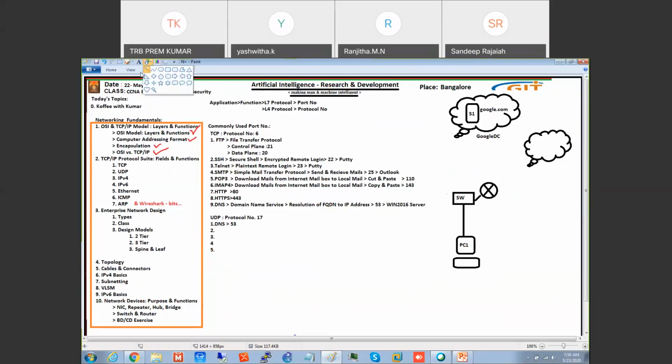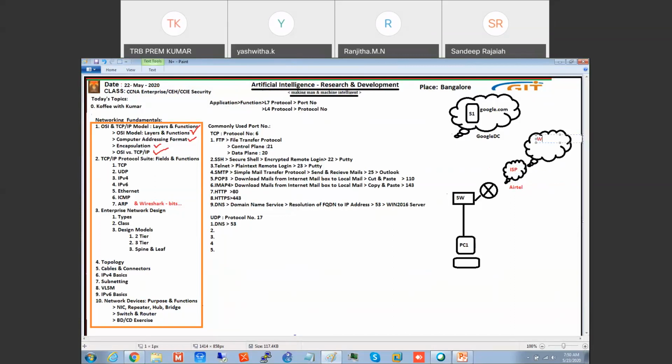Router will connect to the ISP. ISP means Internet Service Provider. This Internet Service Provider will connect to Internet, for example, Airtel. Then we connect to Internet.